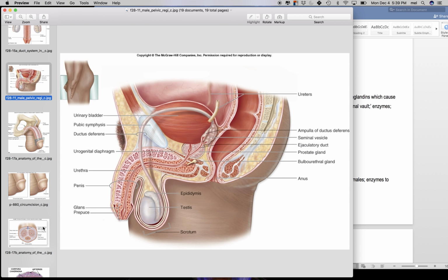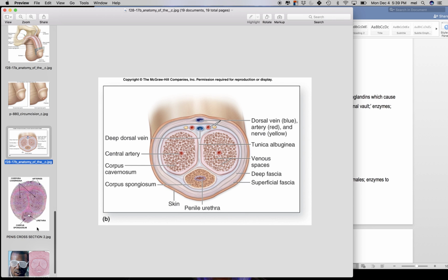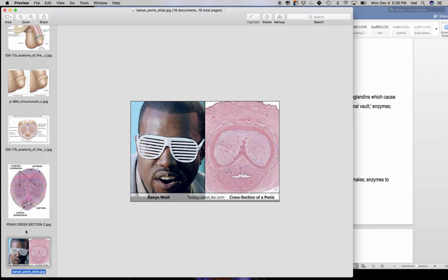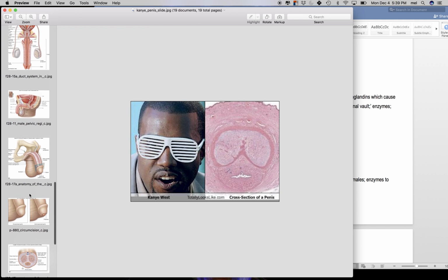Oh, I forgot to show you something funny. So this is a histology cross-section of the penis, which looks remarkably like Kanye West, yes? Okay, so